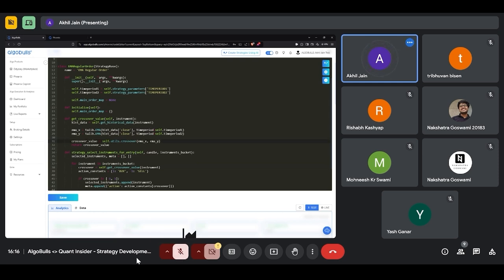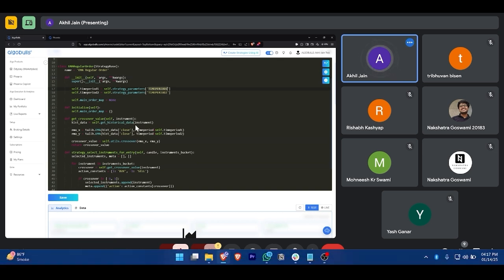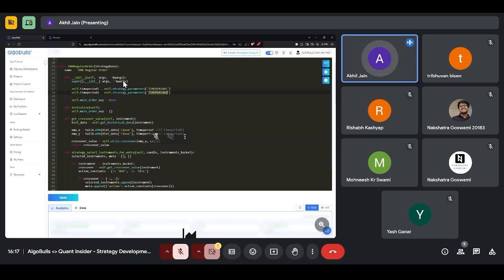This strategy is for EMA regular order. So what we are doing is calculating our two EMAs, and based on those, we are asking for a crossover. Now, at the init method, we have already accepted two time periods, EMA time period 1 and EMA time period 2. So let's say one of them is 7, one of them is 12 as an example.